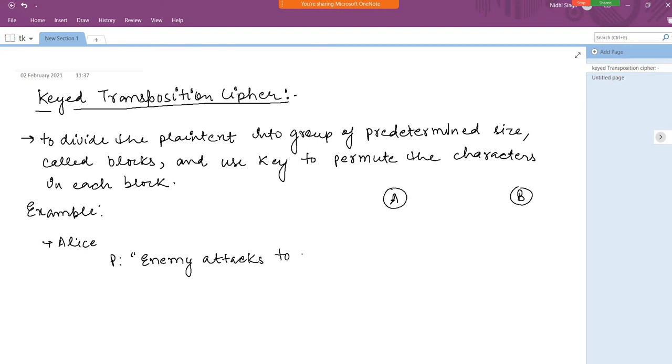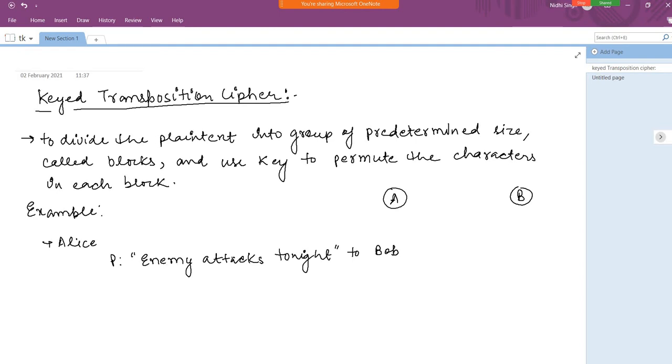tonight. And students, one more thing: if you want to grasp the knowledge of cryptography in more detail, you can refer to the book that I uploaded in the Google Classroom. All of the lab assignments and all of these examples that I explained in class or in the online lecture are referred from that book. In the book all the things are in detailed version, so you can refer to it for better understanding. If you do not understand my explanation well, you can also read from the book.